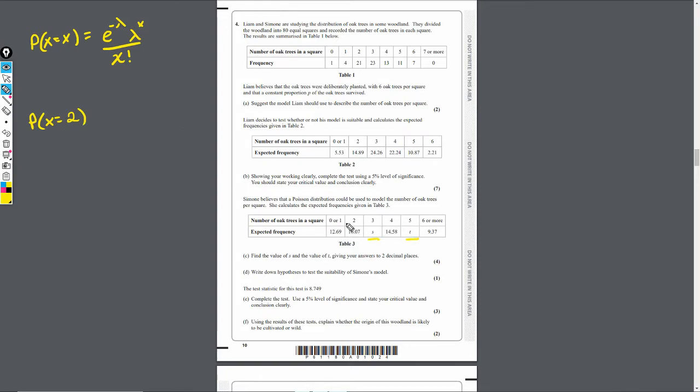And we've got it in terms of x is equal to 2. We can't use this one here because it's 0 or 1. We don't know exactly what x would be, and we don't know what it would be here. It's 6 or more. So the best ones to use are the ones where we have an exact value. It's 2 and it's 4. Using these, we can put it both in terms of probability of x equals 2, probability of x equals 4, and then we can use this to obtain a value for lambda here. That would be our mean. And once we've got that, we can then work out probability that x equals 3, and probability that x equals